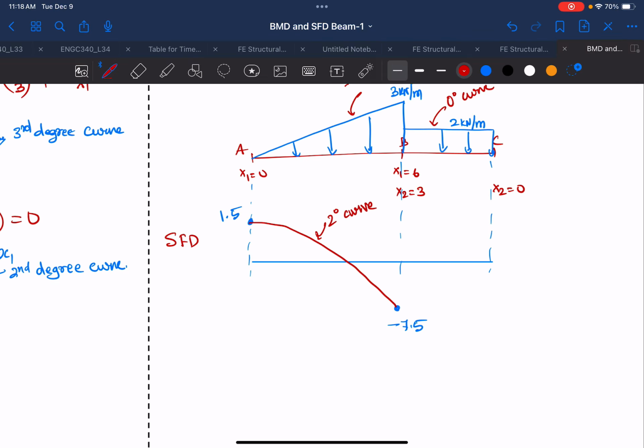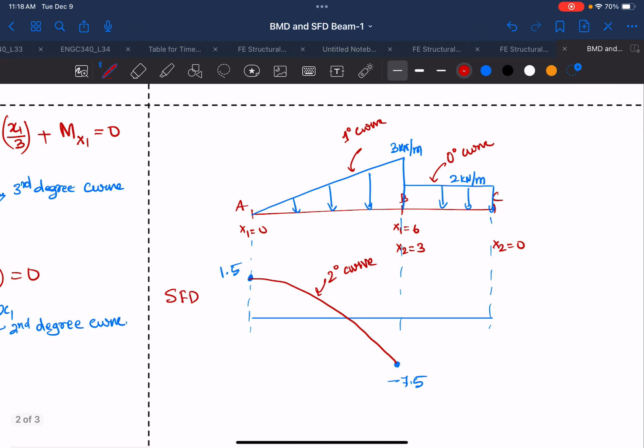And also you can find that at x1 is equal to 3, you'll find that it should be minus. So if it is minus, that means I need to go back a bit, because at x1 is equal to 3, it is minus. So if it is minus, that means it has to be,